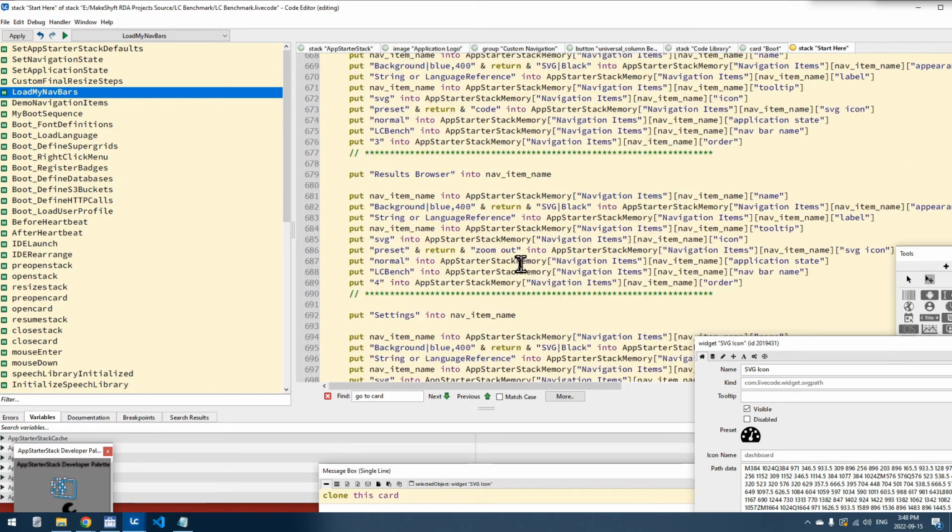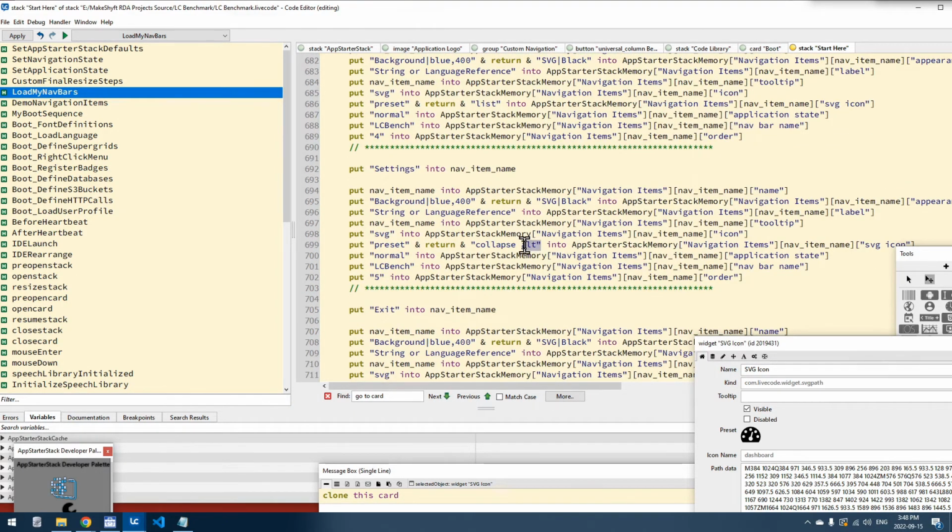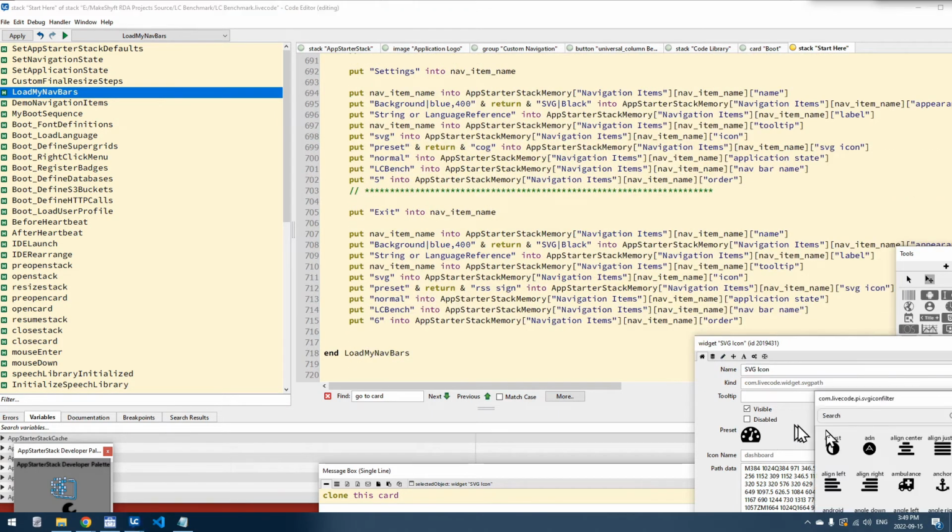So results browser, I want to go with list. The results browser will be a page that lets you download other people's benchmark results and view them in a sort of list. And then settings, we'll use cog, and for exit we will,